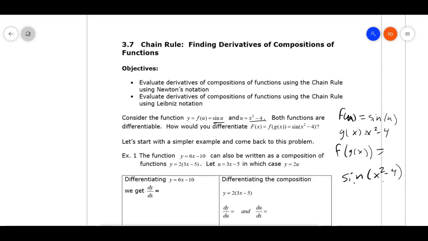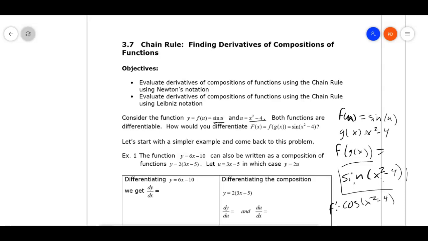So taking the derivative of this function here, yes, you need to take the derivative of a sine function, which would be cosine. You get the cosine of x squared minus 4. But you're not quite done, because that only tells you how y changes with a change of 1 with x squared minus 4. You want to know how y changes when x changes by 1. So you then have to multiply that by the derivative of what's inside. That's the fundamental idea behind the chain rule: when you take the derivative of sine of something, you get the cosine of the same thing,